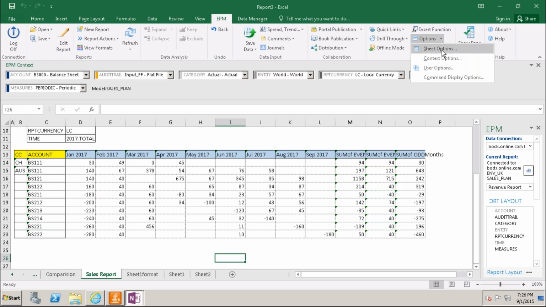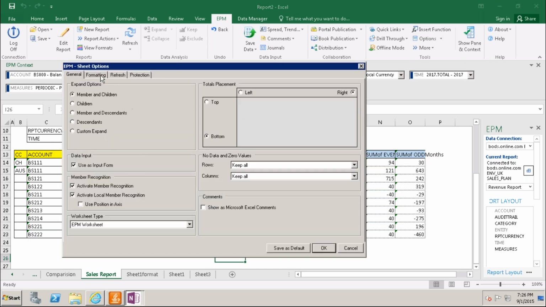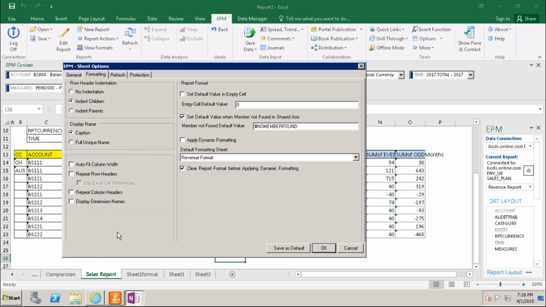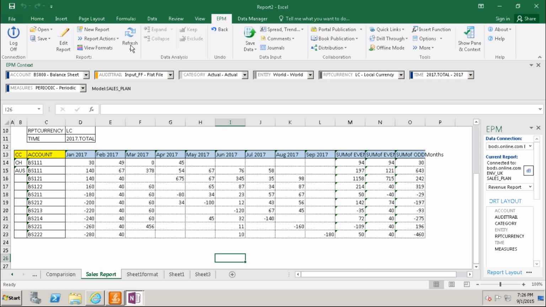This is one important option. Go to the sheet options and the formatting, this one. Repeat row headers, as we have seen in the edit report option. If I click here, just okay, refresh.